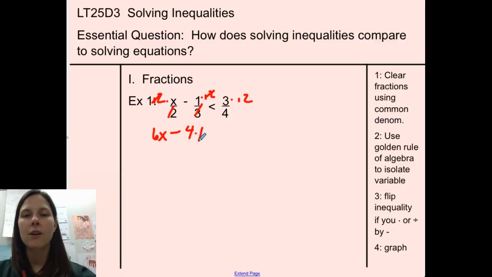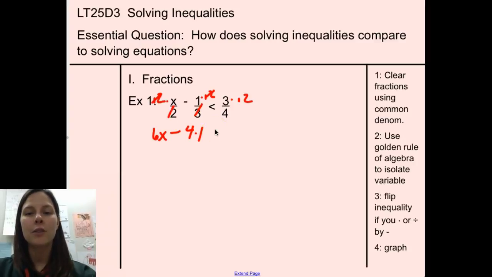I'm going to show all my work and be very explicit for those of you who are still having a tough time with the fractions. We multiplied everything by a positive value, so I will not flip the inequality. 12 divided by 4 is 3 times the 3 that was left in the numerator. After we clear the fractions, we're going to simplify by multiplying our numbers and then solving the inequality like normal,